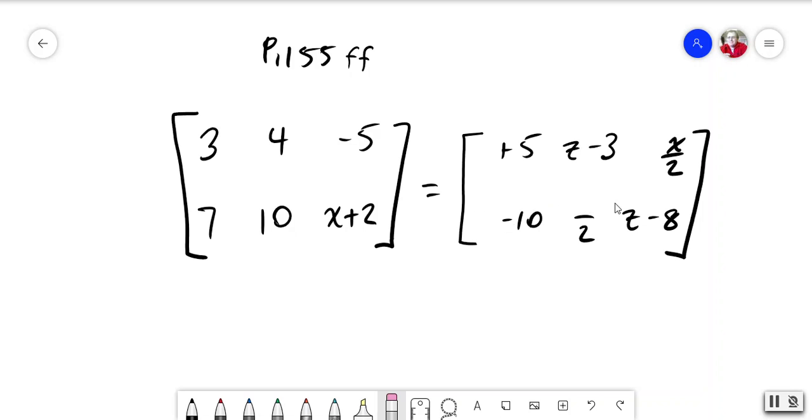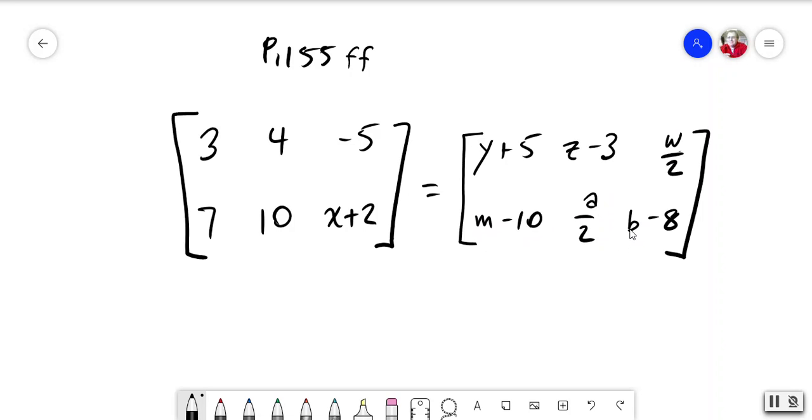Let me be consistent. In the book, they're using different variables, which is probably what I need to do. So I'm going to have y plus 5, z minus 3, w over 2, m minus 10, a over 2,